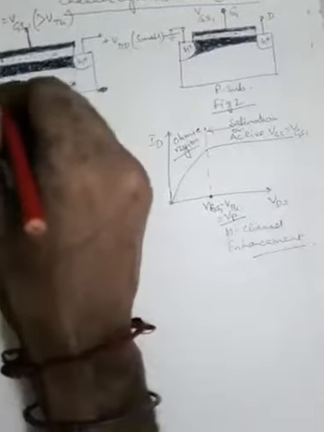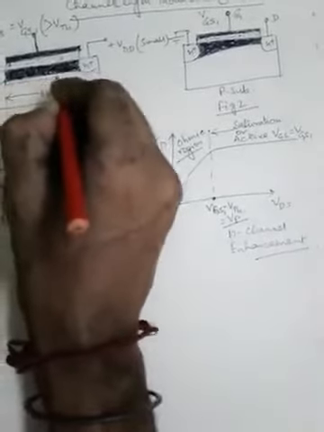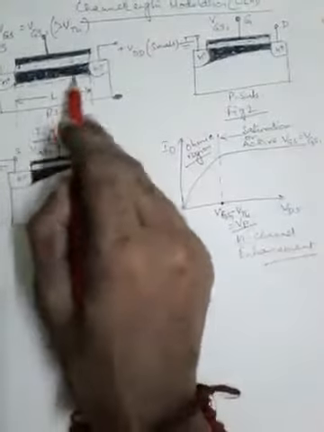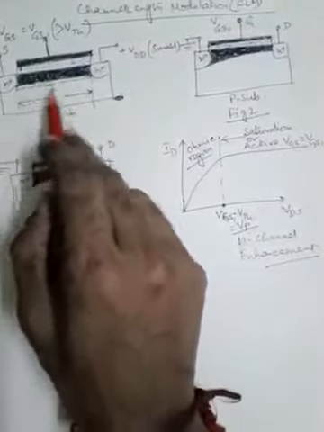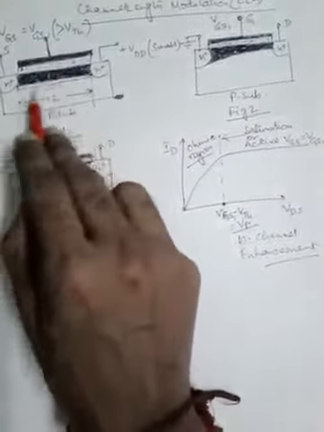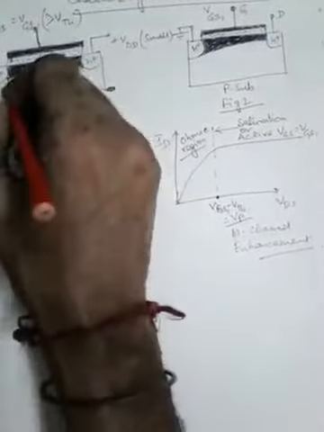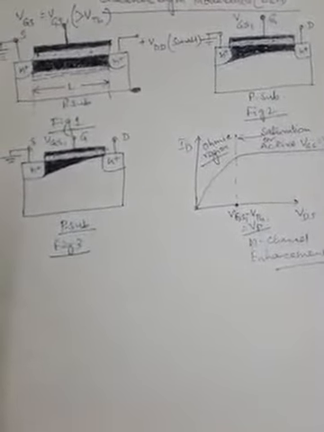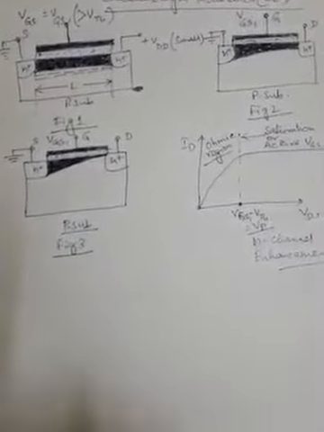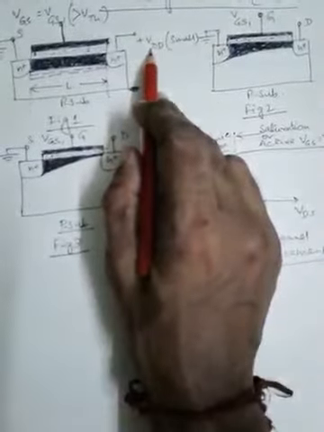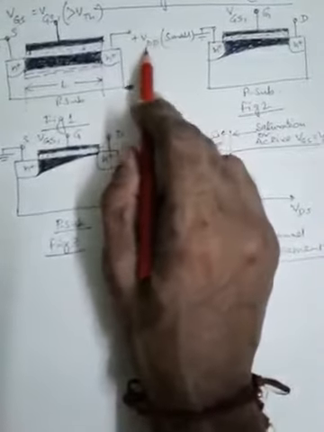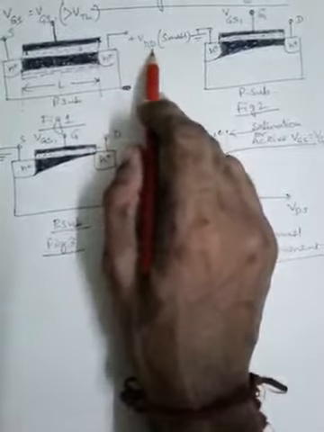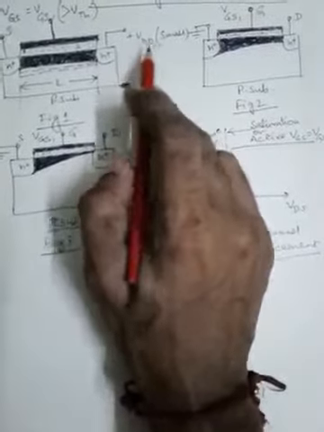Suppose in this case the width of the depletion layer was something like this. It is uniform between p-type substrate and n-type channel. This is the p-type substrate and this is the n-type channel. So suppose this was the initial depletion layer, but once the carrier movement is happening because of this drain to source voltage, or this small external voltage applied as plus VDD, a positive voltage at the drain terminal,